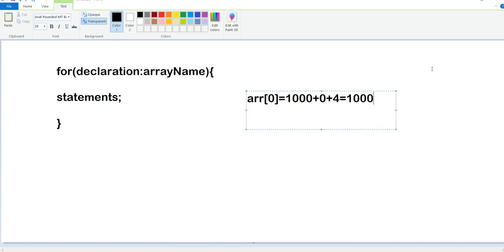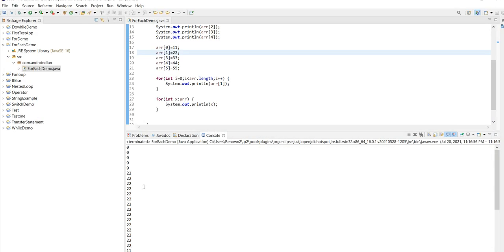The output is also the same in the for each loop, repeated here, 22, 22, 11. See here how these many values are executed.